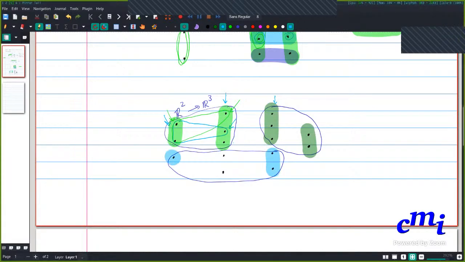Now remember that there are some edges across the groups which we have not abstracted out. These edges again give some linear equations between these variables and these variables. Similarly, we have edges like this, which again give linear relations between these variables and these variables.